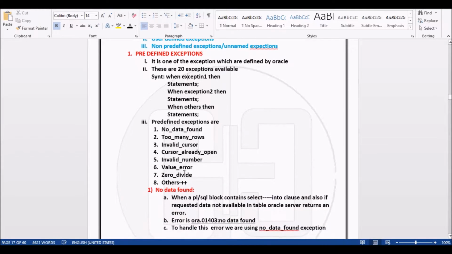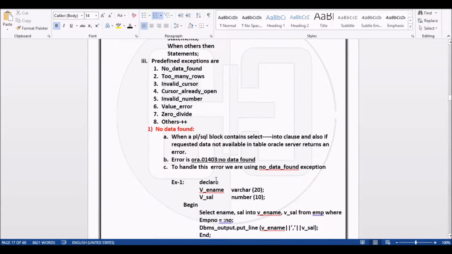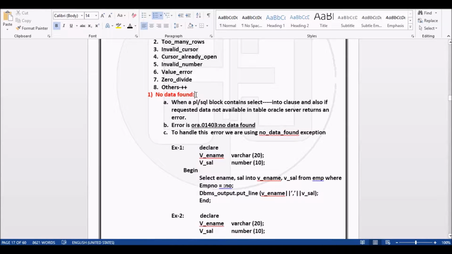In this session we will revise 6 to 7 exceptions: no data found, too many rows, invalid cursor, already open, and so on. The first one is no data found.